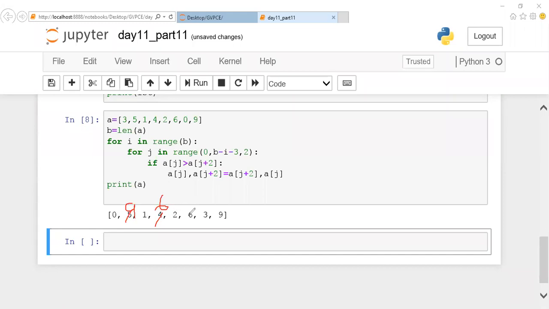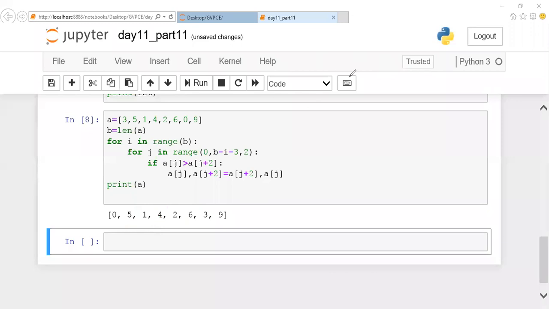Okay, next maximum element here should be 4. Got it? Guys, others, have you got this logic?